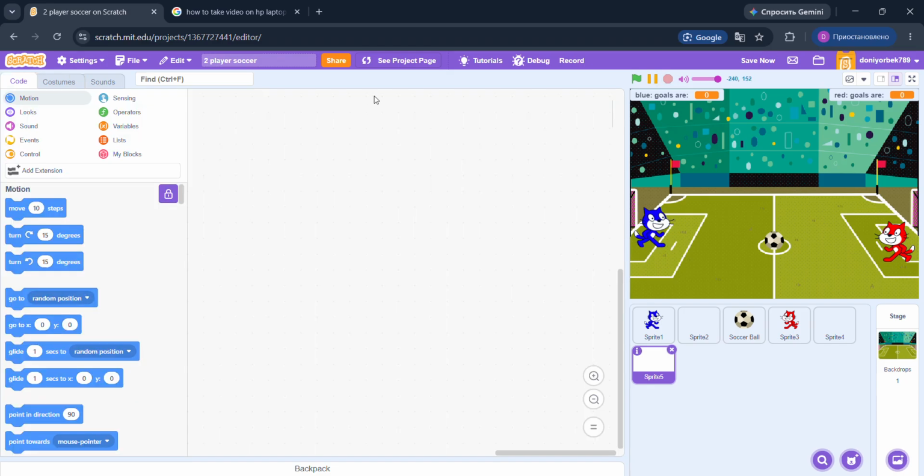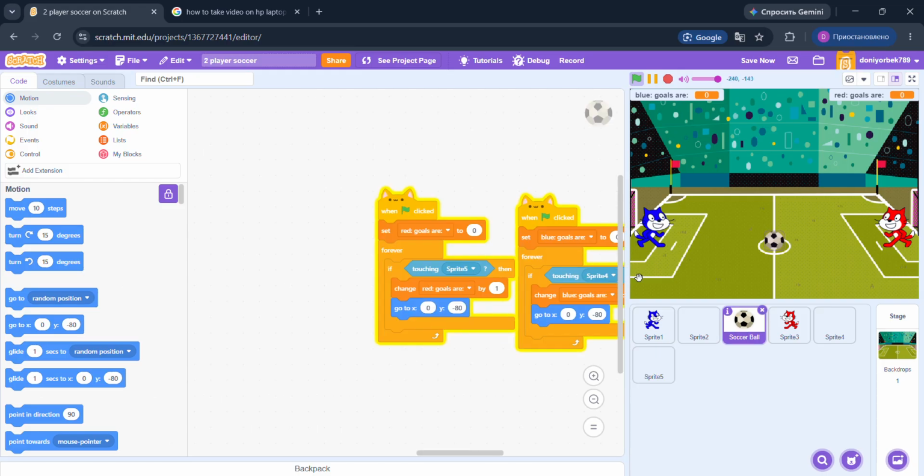That is perfect, I think. Let's check. Red goals are 1. That is working. Okay.